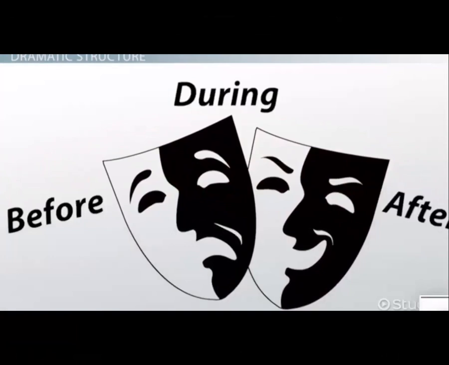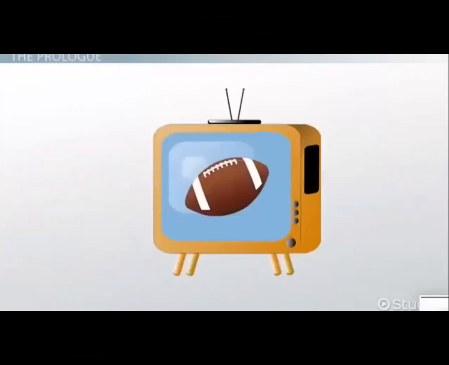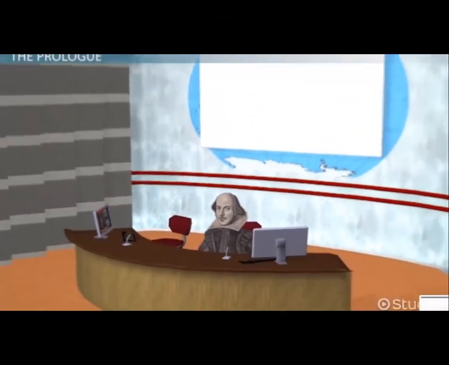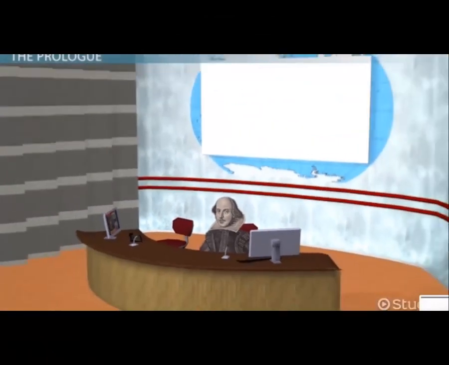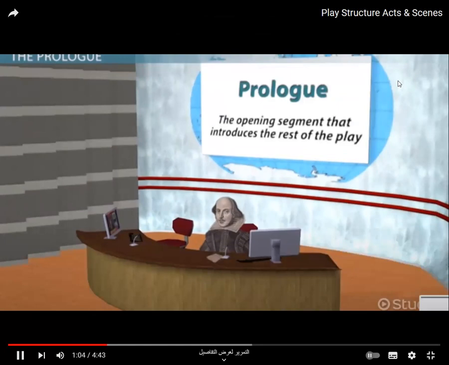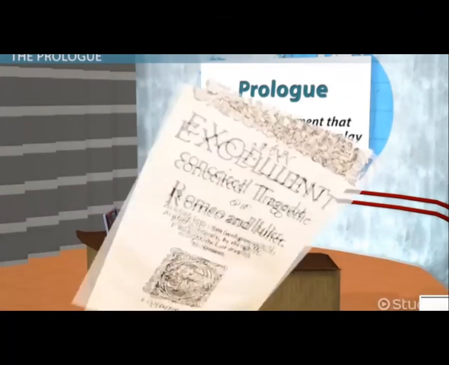Want to learn how this works in plays? Keep watching. In a football broadcast, they usually have a pre-game show. Commentators come on the screen and let you know what to expect from the game you're about to watch. Plays that have a prologue do the same thing. The prologue is the opening segment that introduces the rest of the play. Let's look at a famous example.